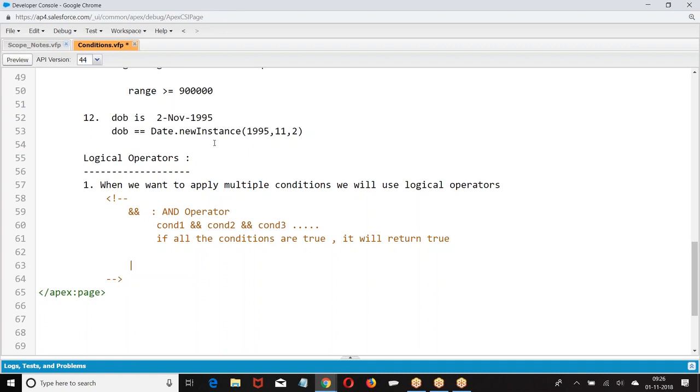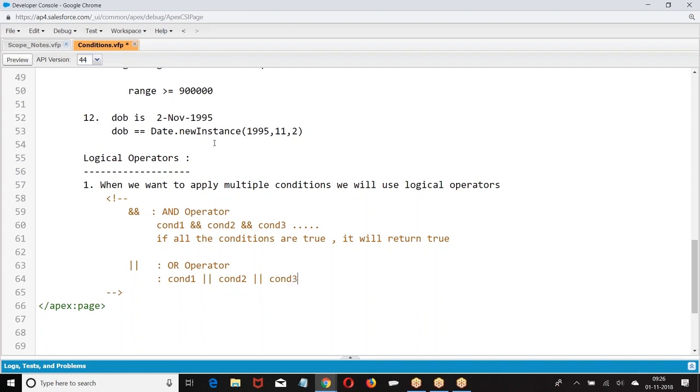Next we had this pipeline symbol. What was this? The OR operator. If any one of the conditions, one or more conditions, are true, then it is going to give you true.